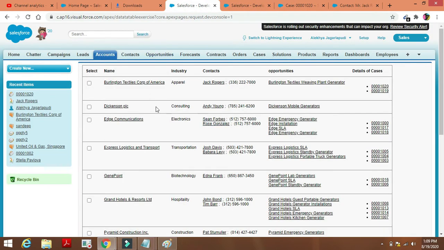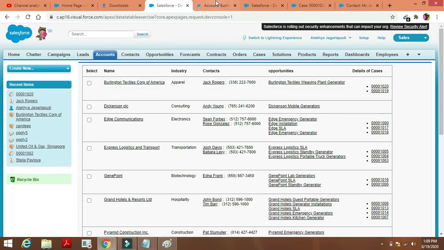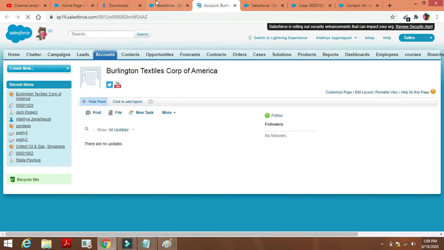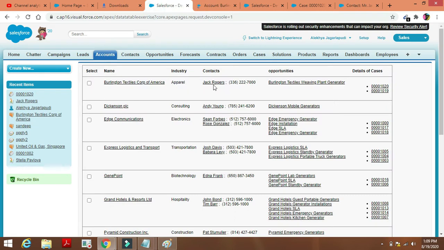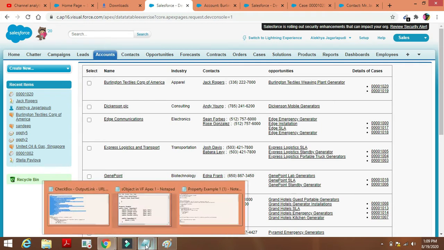See, like this it will be displayed. We can select the checkbox, so we can select the name, it will go directly to the account name, and then we can select contact, opportunities, case numbers, like this. Okay,